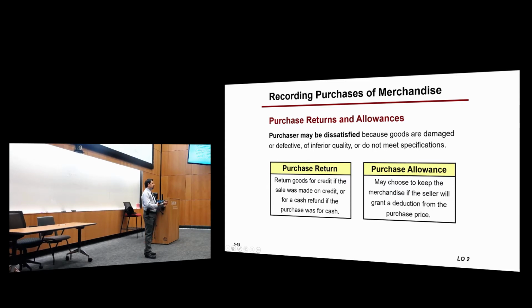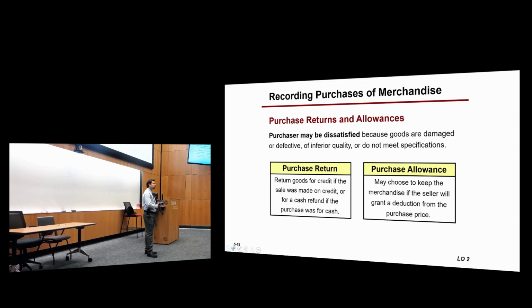The seller might either issue you a full refund. Most of the time this is what happens, or at least it happens pretty often. You will return the product, and they will issue you a full refund. There's another option where the seller might tell you, okay, you may keep the product and I will give you an additional discount.